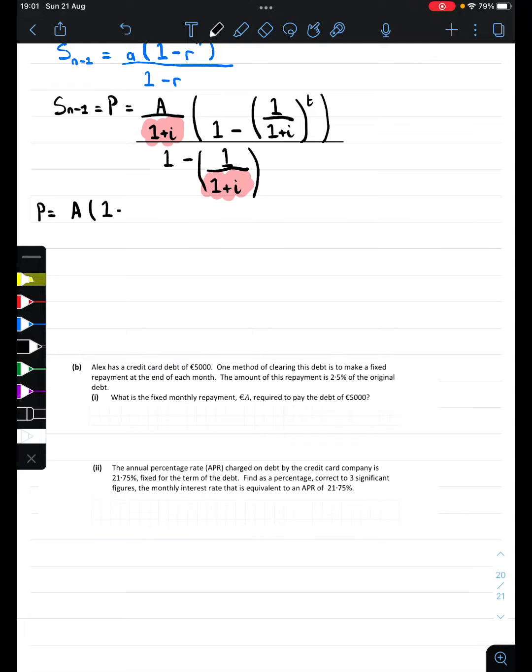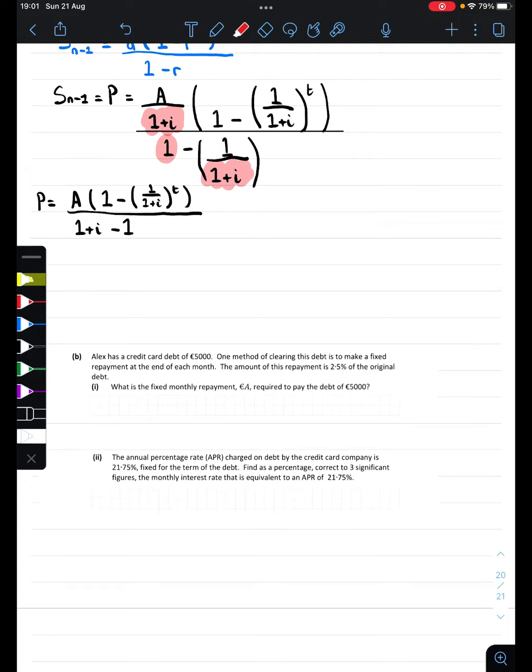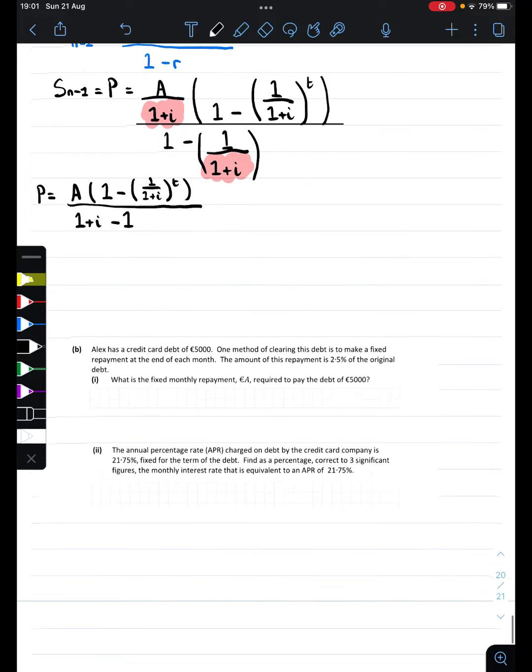by 1 minus 1 over 1 plus I to the power of t, all over 1 plus I minus 1, because we'll get a 1 plus I term from this, and then multiplying this by 1 plus I will just give us 1. Okay, so then if we continue to expand this out, we'll get an a equals 1,